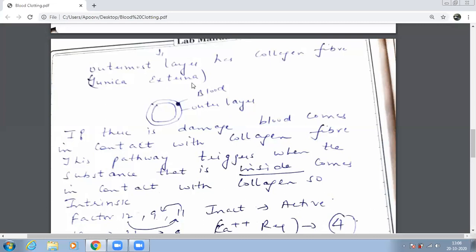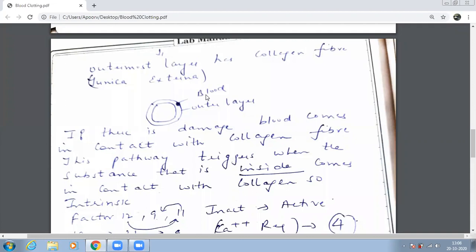This time I've given you the easier name, tunica externa. The typical name is tunica adventitia. Can you guess the spelling, somebody? Normally, if you go into a good level of biology, you will find this word, tunica adventitia. Externa is for you to remember. A-D-V-E-N-T-I-T-I-A, adventitia. The outer layer is just giving what to the vessels? Shape.